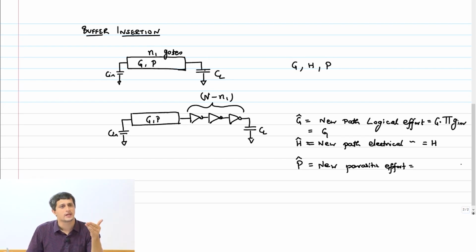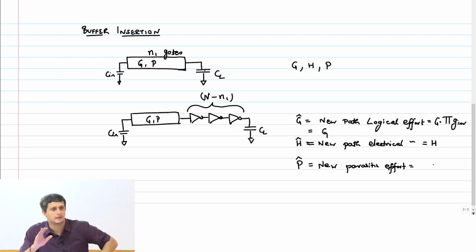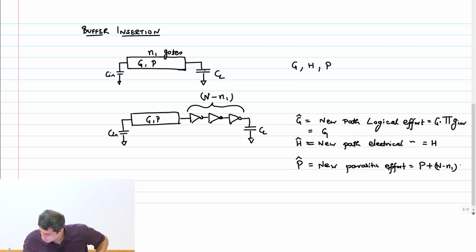The old parasitic delay plus the delay of N minus N1 inverters. So that is something that is quite obvious. If I add inverters, I am adding a delay penalty of those inverters, right? The only advantage is that delay goes linearly, the other thing comes down exponentially, and therefore I will still gain. That's the intuition. So this is P plus N minus N1 into,